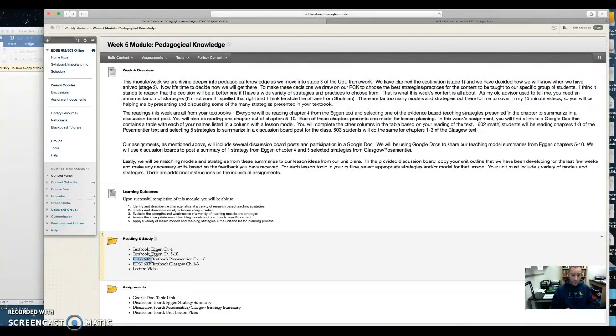In each textbook, there's quite a few. I don't know exactly how many in each, but there's a lot to choose from. What I'd like you to do, based on your readings, in 602 you're going to be reading the Posimeter. In 603, you'll be reading the Glasgow, What Successful Science Teachers Do. And you're going to choose 5 of the strategies that are outlined in those 3 chapters and summarize them in a discussion board. That would be this discussion board right here